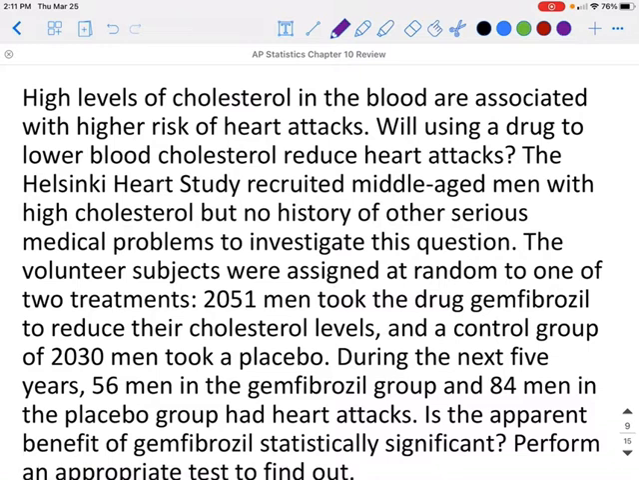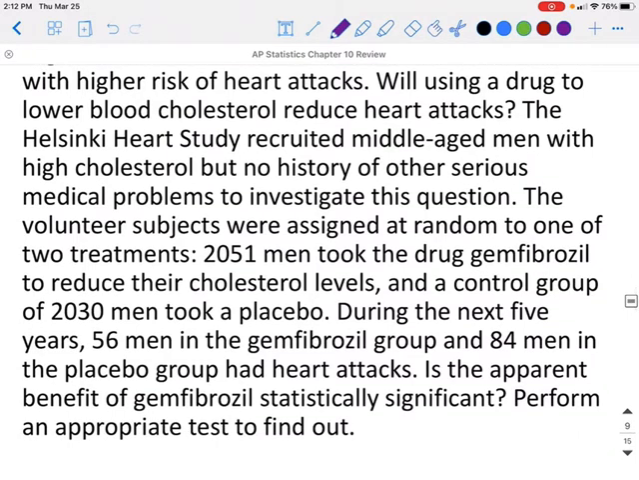High levels of cholesterol in blood are associated with higher risk of heart attacks. Will using a drug to lower blood cholesterol level reduce heart attacks? The Helsinki Heart Study recruited middle-aged men with high cholesterol but no history of any other serious medical problems to